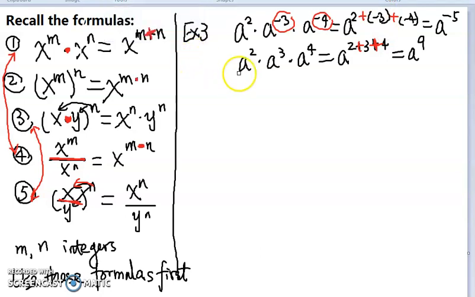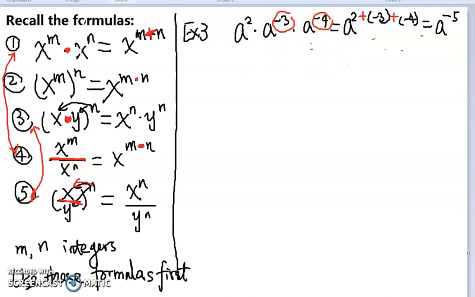In this class, usually when we get an answer, if the exponent is negative, we would like you to eliminate the negative exponent. Usually in high-level math, especially calculus, we may like to keep the answer in this form, a to the negative 5th. And so you could, in this class, unless the instruction says eliminate the negative exponent, you can leave your answer this way. But if they tell you, say, eliminate the negative in the exponent, so we just have